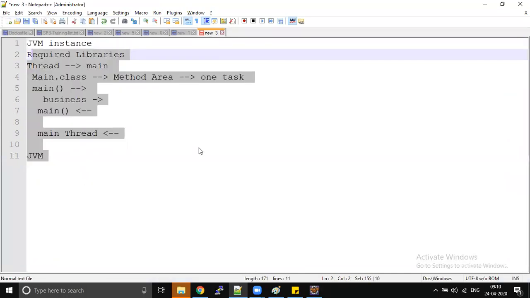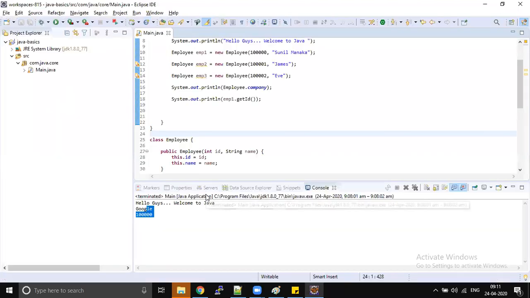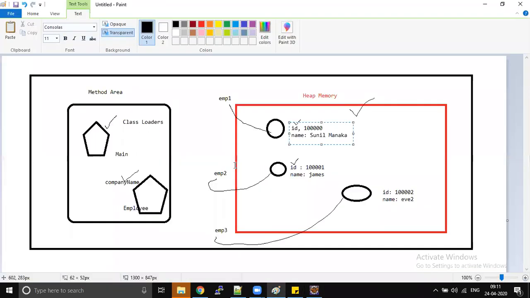Then I will answer Viji's question. She's asking, if final means I want to share between some other classes, how can we do that? Is it clear why we are able to access only static variables, not instance variables? Because they are stored in different areas in terms of memory allocation. That's why we can't access them.